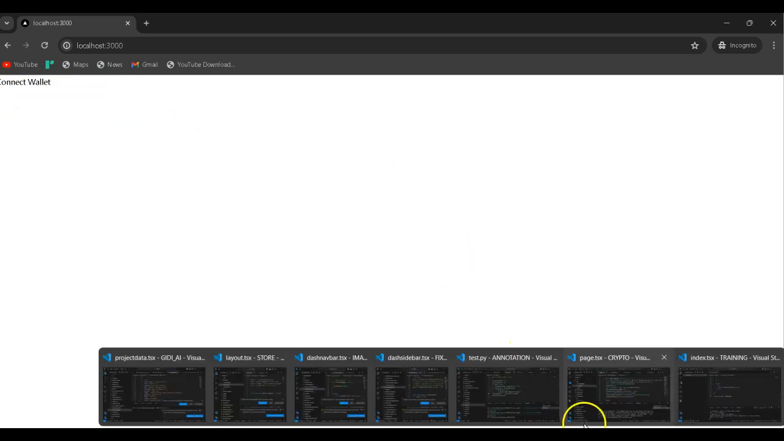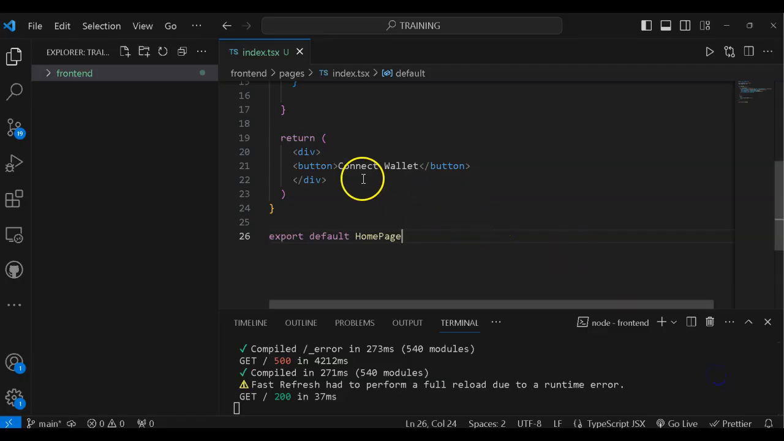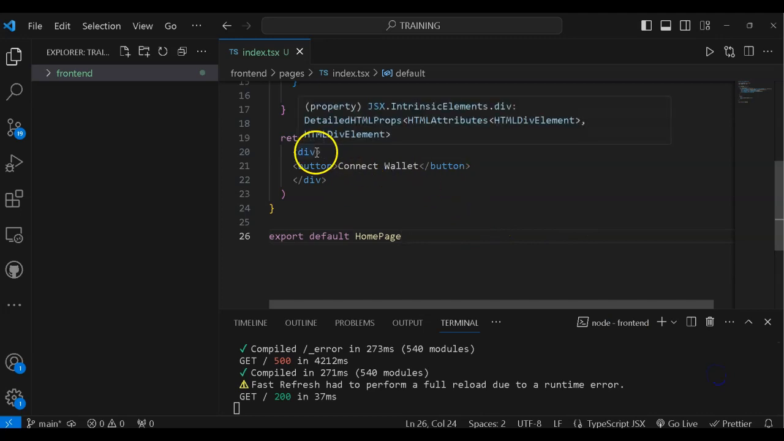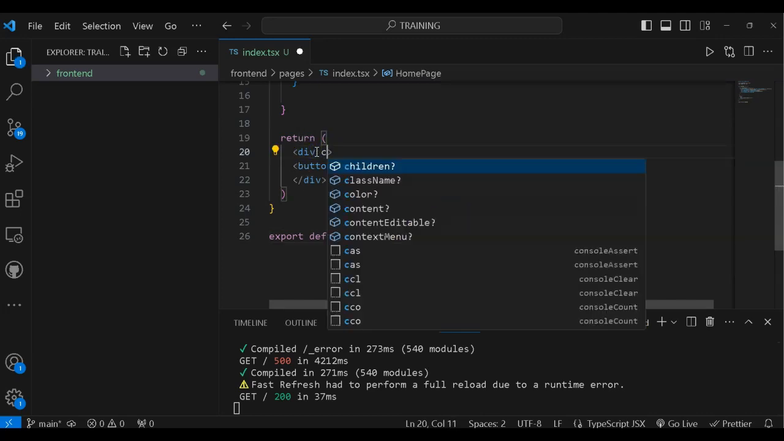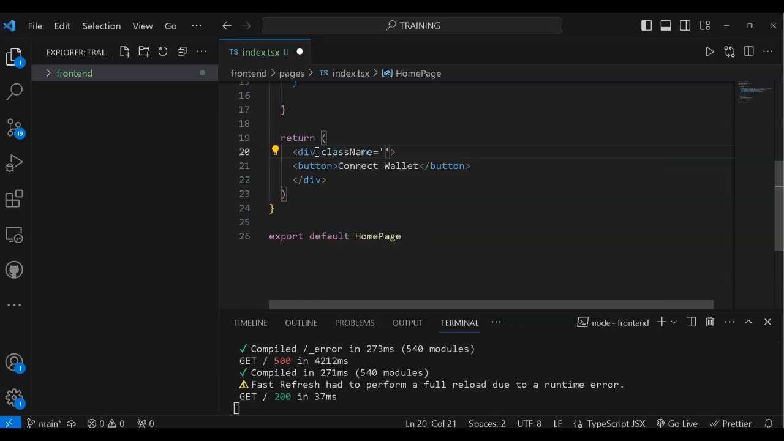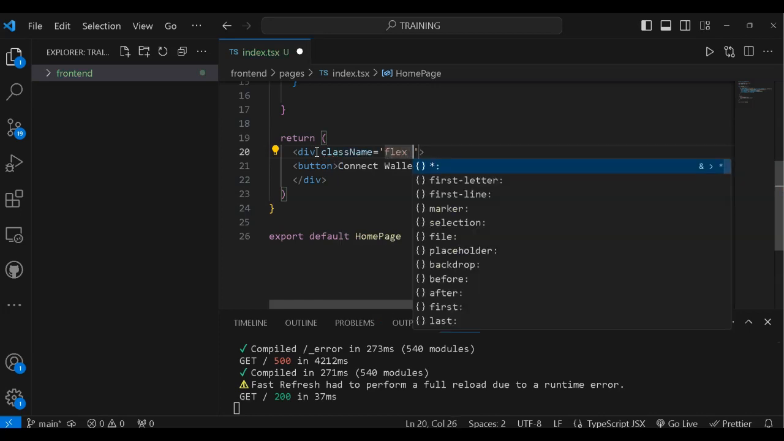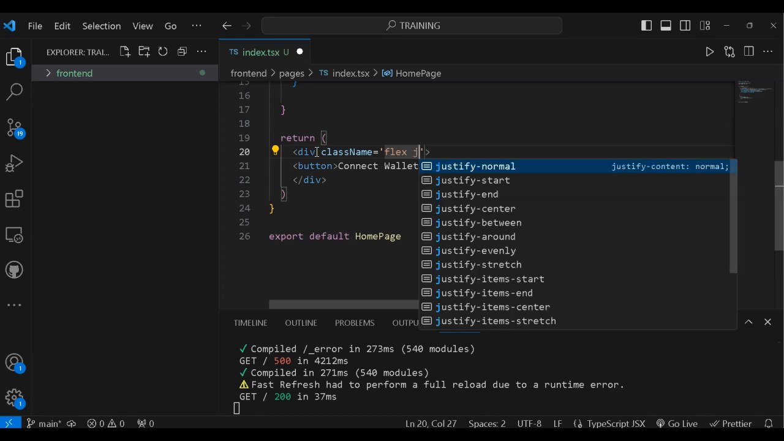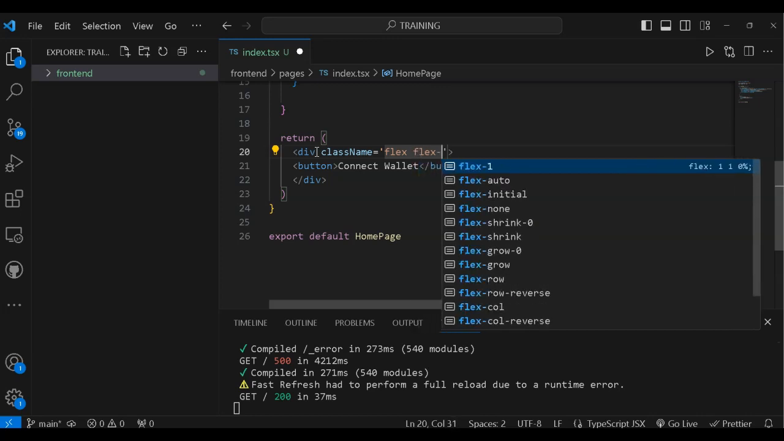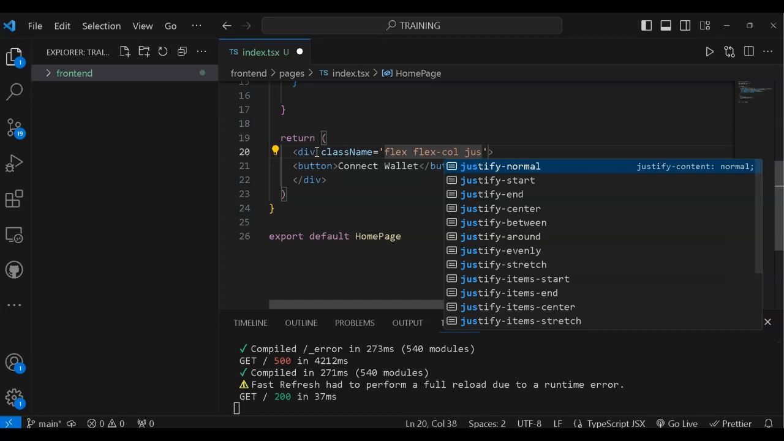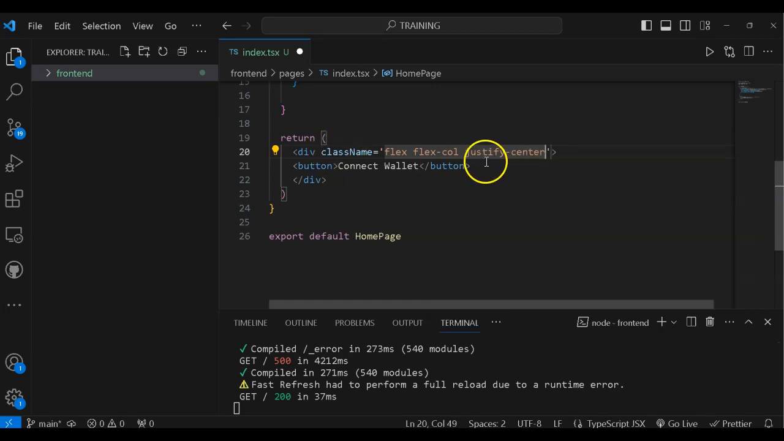So we can go back to this place and, as you can see, we have our connect wallet button there, but it's hiding. So I want to move it. I'm using TypeScript, so I can just say className. I can just flex it and then say flex-col actually. And then I can say justify-center. And then for my button, I would like to have something like a